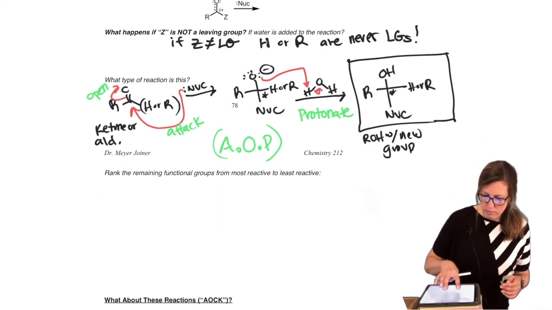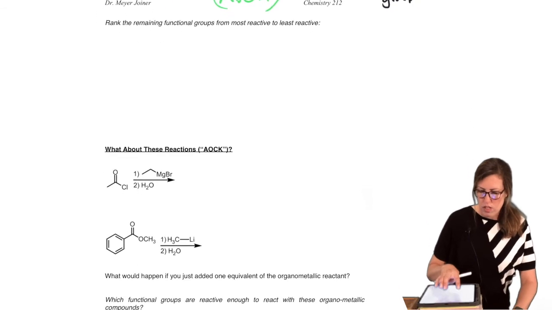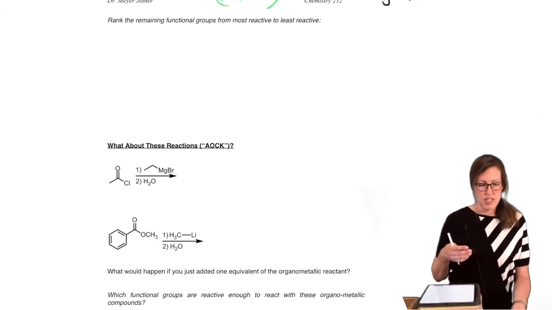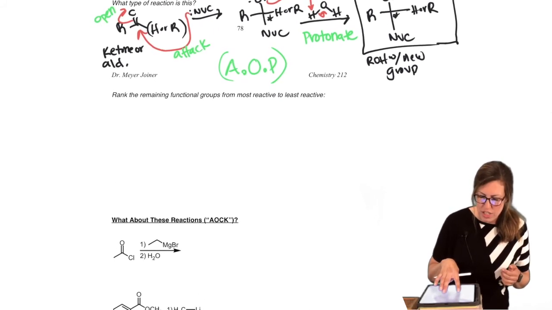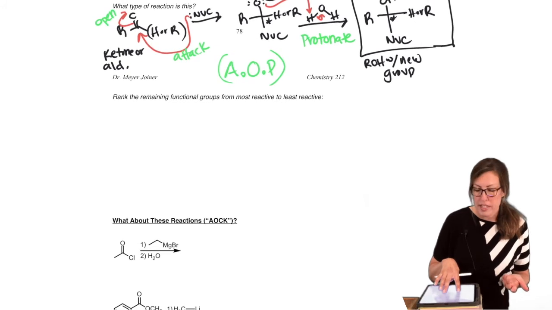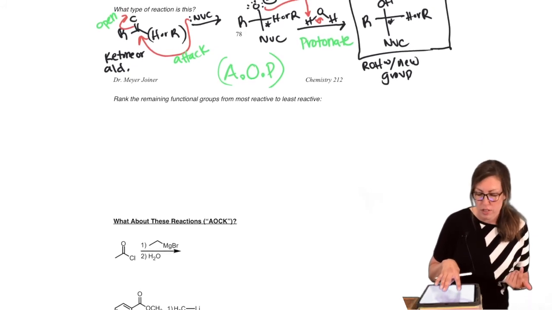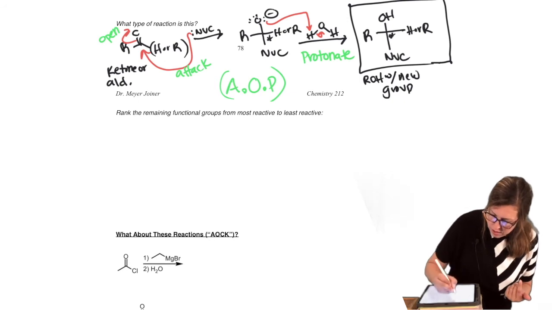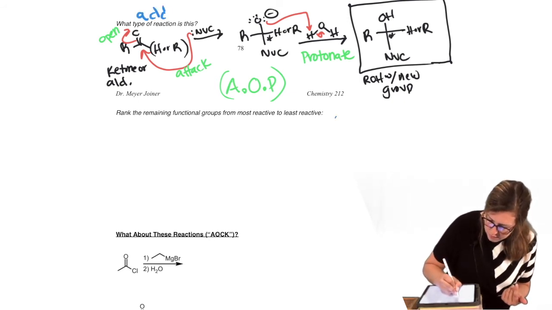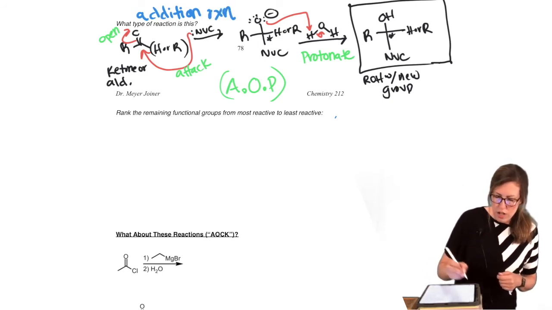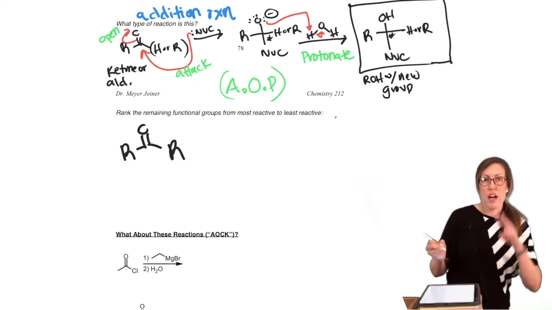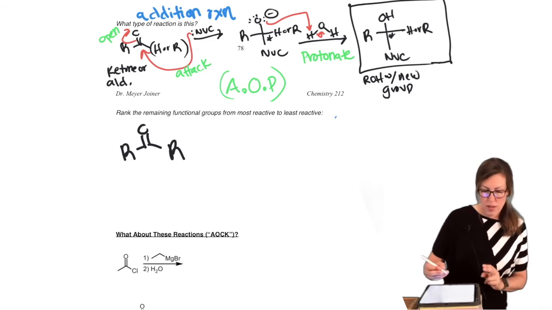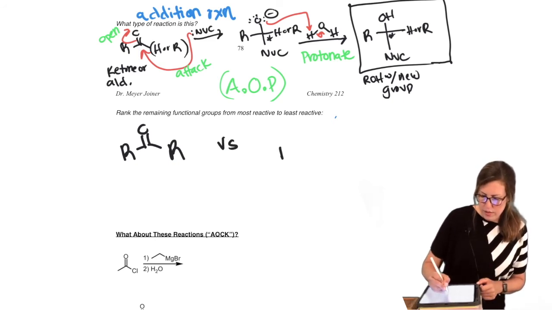All right. So the rest of those functional groups, i.e., oh, I actually didn't answer the previous question. What type of reaction is it? It's not a substitution because we didn't actually lose a leaving group. So let me write the answer up there. This is an addition reaction. So if we draw the rest of our functional groups, the other two that were not in the set above that do AOCK, the only two that do AOP, we have ketone versus aldehyde.